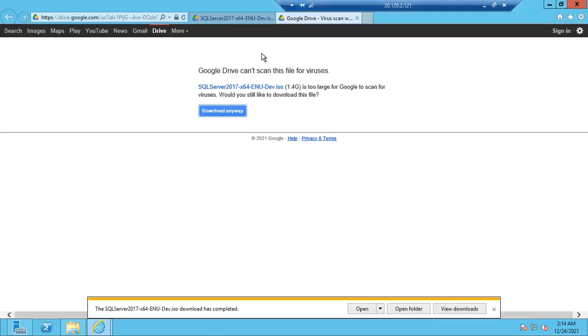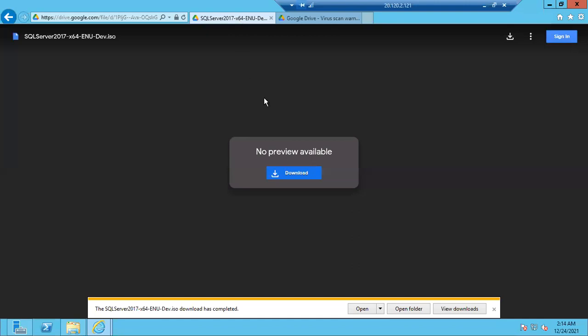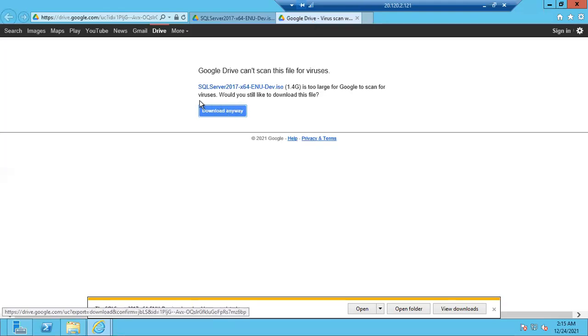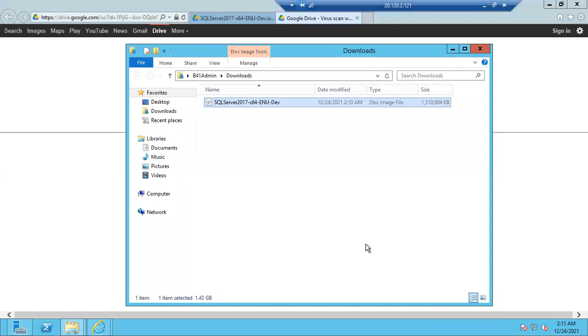Yes. Okay. So once I just copy pasted that link, you will get this window first. You can click on this download and then again it will open in another window. You will get this option, download anyway. Click on that download anyway, it will be downloaded. Once downloaded, click on the open folder. You can see the software, right? This is the software that was downloaded to the C drive. Downloads means C drive only.